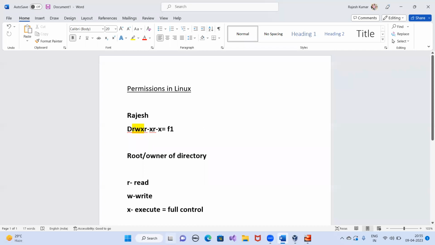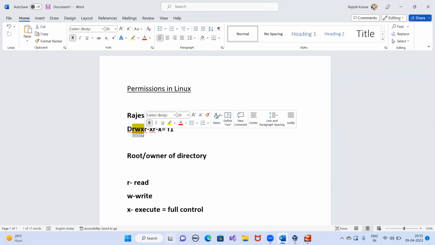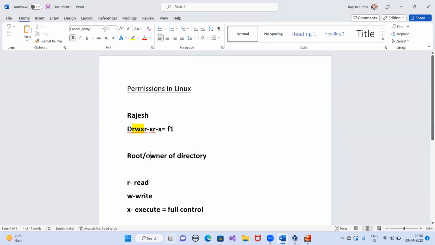This portion, the highlighted portion, RWX, this permission belongs to root and the owner of the file and folder. Root means your special account, and owner of the directory means the person who has created the file and folder.